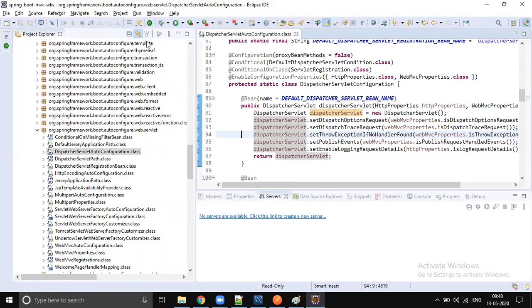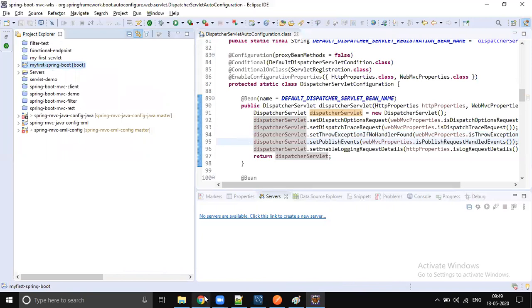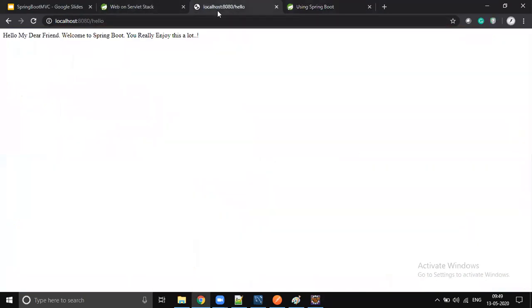Whatever configuration you did a few minutes before is the same kind of configuration, the same dispatcher servlet, but the URL pattern is going to be slash. The front controller accepts every request. Every request coming to Spring Boot goes to the Spring dispatcher servlet, and there is no context path. When deploying on an external Tomcat server we need a context path, but when deploying on an embedded Tomcat server we don't need any context path. That's the reason we directly call localhost 8080/hello. So no context path.